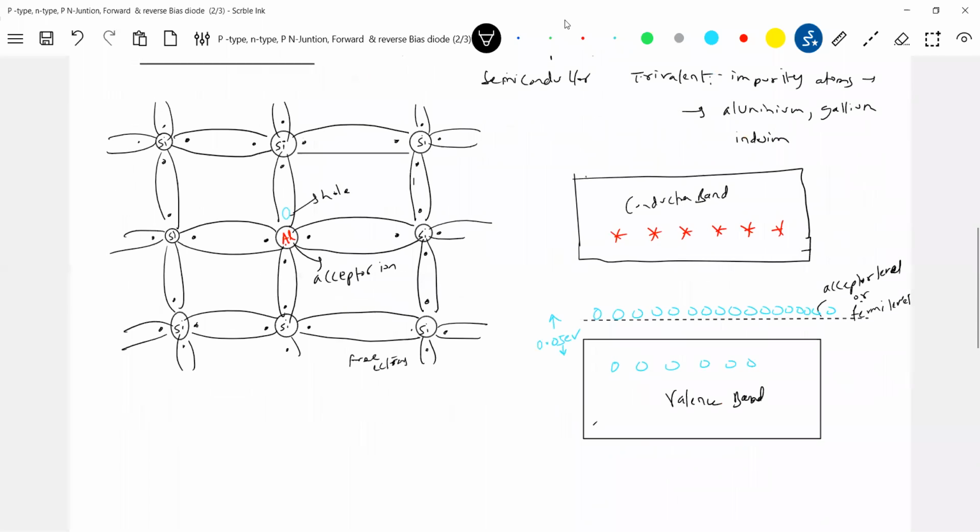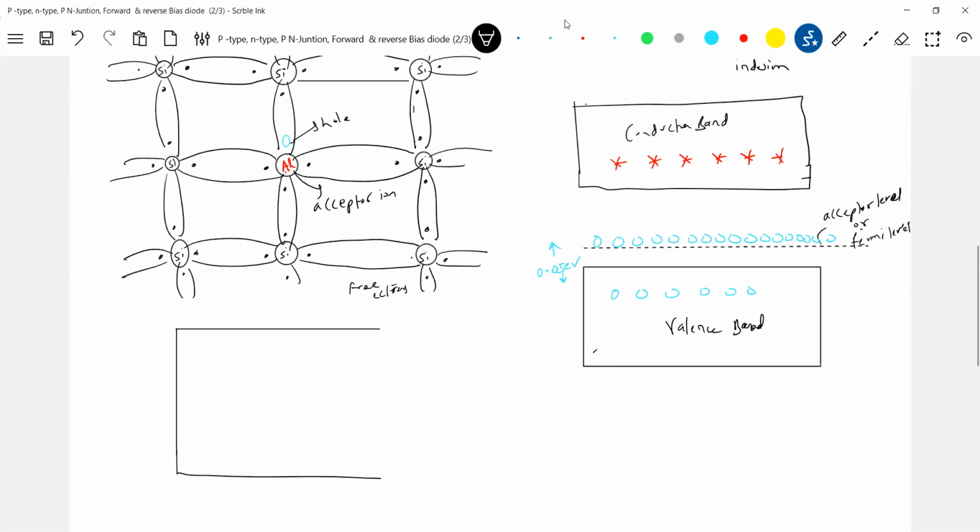So this is a square box, the energy band diagram. This box is very important, because this is what I'm going to carry on. Almost the whole week just revolves around this diagram. So what is an acceptor ion? A trivalent impurity atom. Theory is very difficult, numericals are very easy.